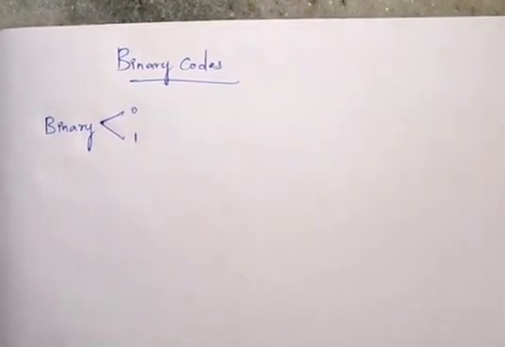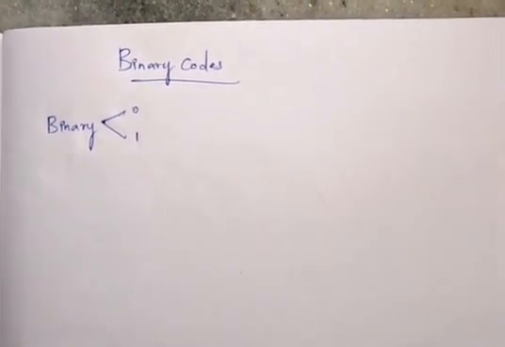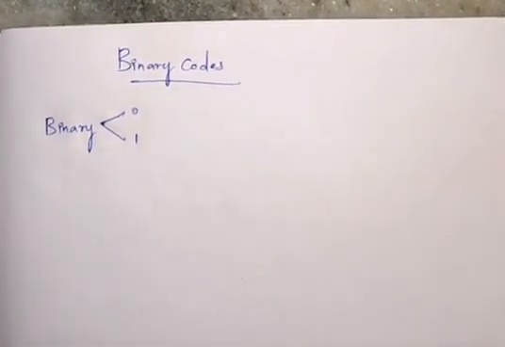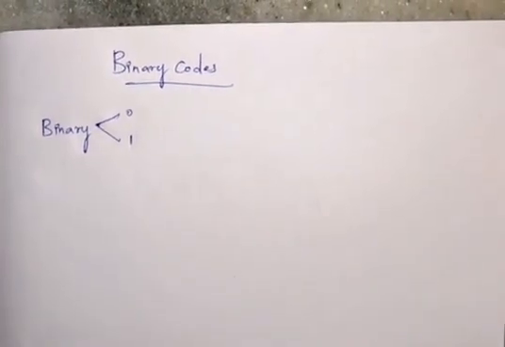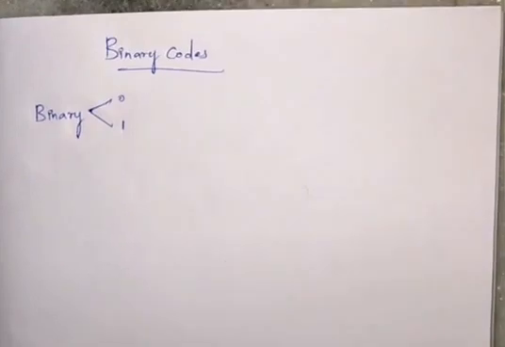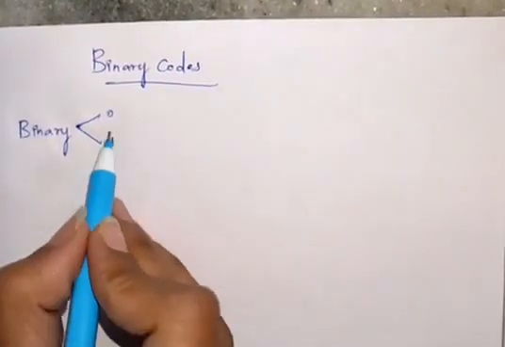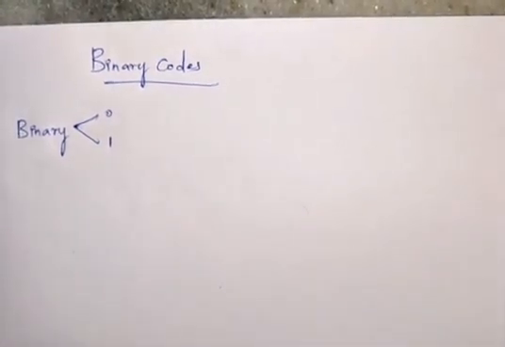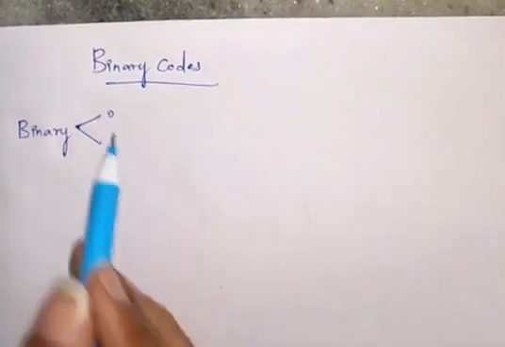Now first of all, we should know about coding or encoding. Coding is a process of assigning a group of binary digits or bits to relate some piece of information. Generally, coding is a symbolic representation of information. Binary codes: every decimal number, hexadecimal number, octal number, alphabet, everything is represented in 0 and